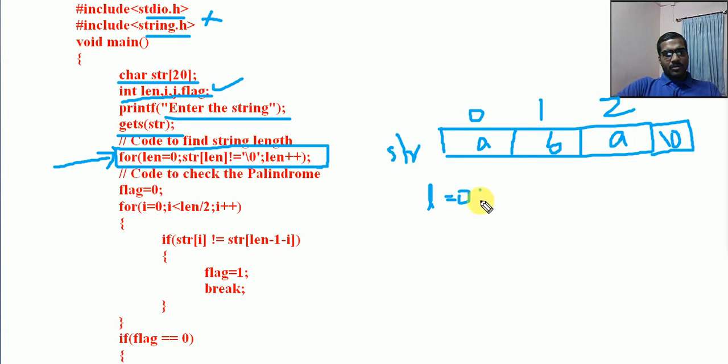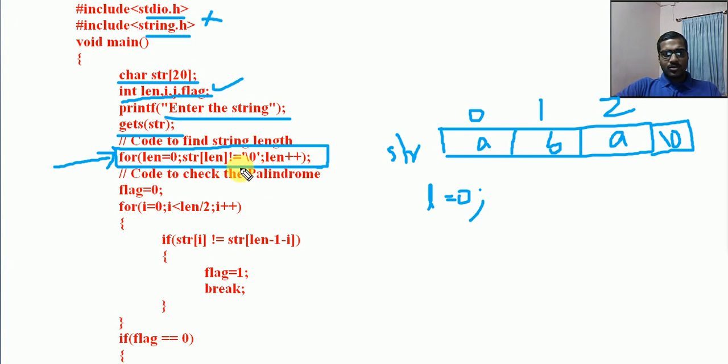Now str of len, that is str of 0, not equal to \0. I am checking the condition of the for loop. It is not equal to \0, right? So it is true.